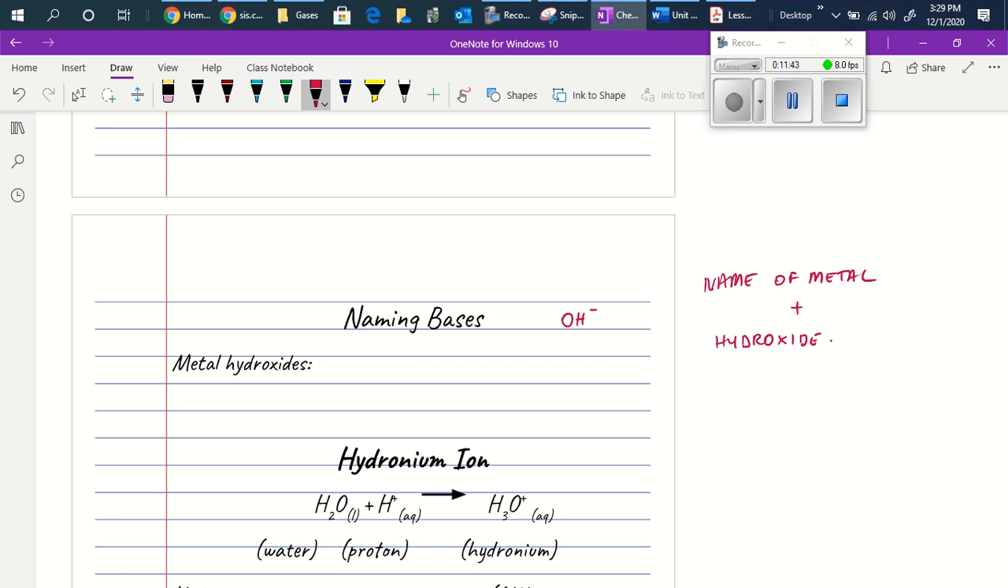So when we have, let's suppose, KOH, then the name of this base will be potassium hydroxide. Or when we have aluminum hydroxide,